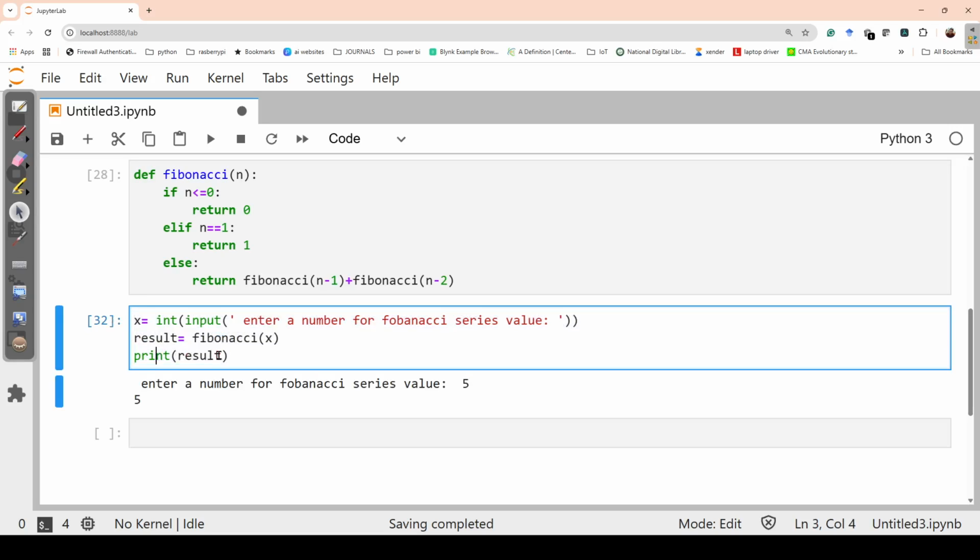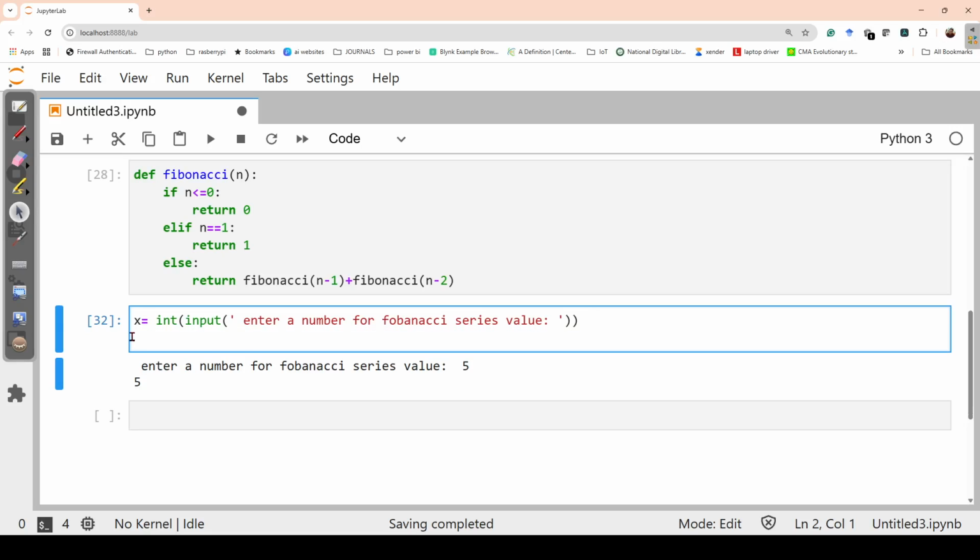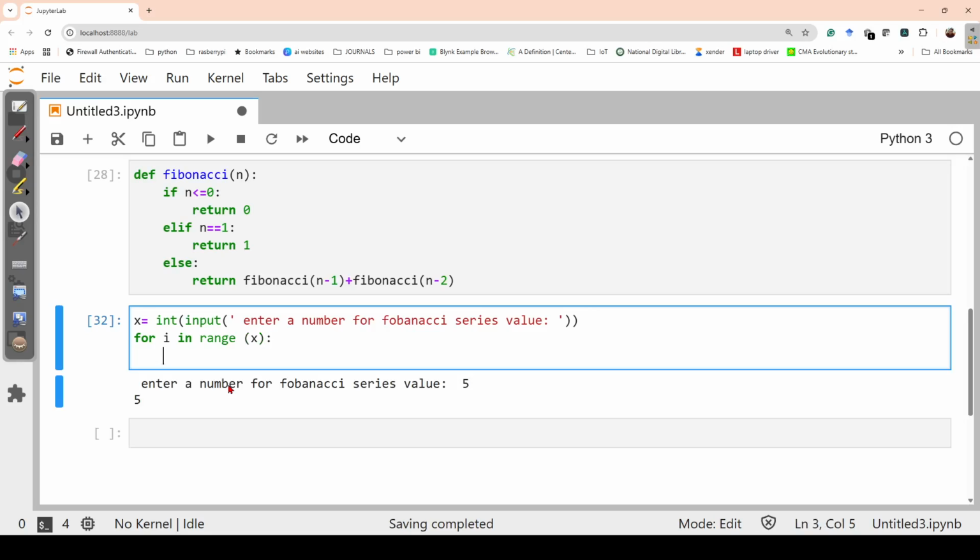Taking the input will remain the same, for how many terms I need to print. But in this case I'll take a for loop instead of directly calling the function. So for i in range of x. Here I am taking the x input. If I write for i in range of x, that means from 0 till the value of x, it will